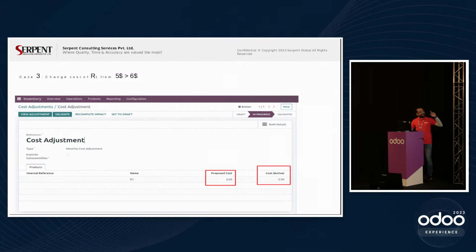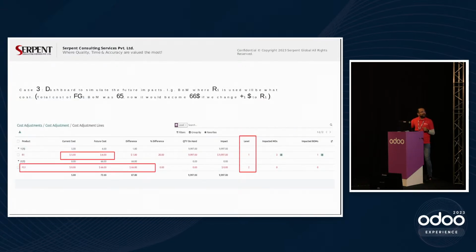So on the cost adjustment side, we have an option that on your manufacturing order which you are running, you are having to do a cost adjustment. So in that cost adjustment, the proposed cost is now 6, because earlier I was supposed to get the raw material at the $5 cost, but it looks like when I buy new at runtime, with dynamic, immediate needs, of course the supplier will cost you higher. Yeah, the cost is now 6. Let's take a look at the impact of this raw material added into the manufacturing order with a newer cost. What will be the impact? So the current cost is supposed to be 5, but now there will be 6 as future cost to be added. So the earlier planned cost would be 66 and 72 is the difference.